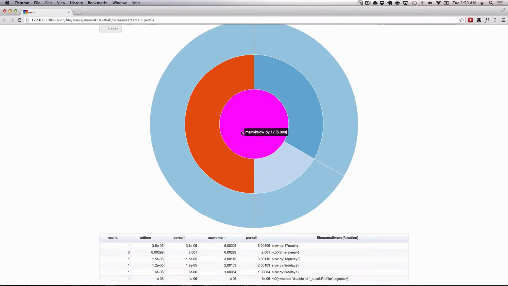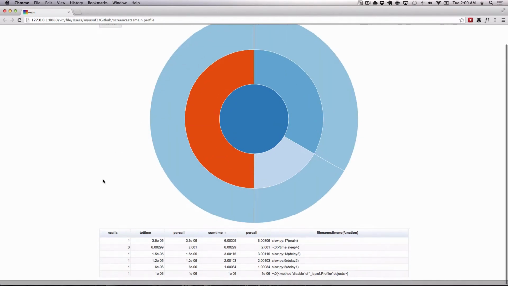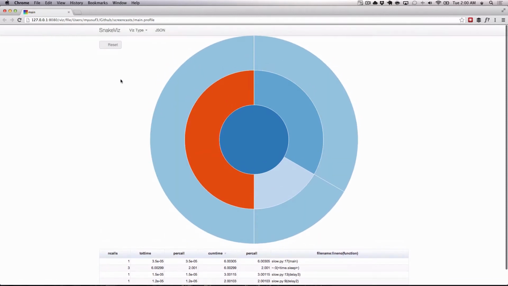So as you can see here, our main is the thing that we're running, and then we have the 3 delays here. The 1 second delay is here, the 2 second delay is here, the 3 second delay is here, the main is here, and then all the time spent in the thread is here per call. And that's how SnakeViz looks. It's very cool. We can do a sunburst,